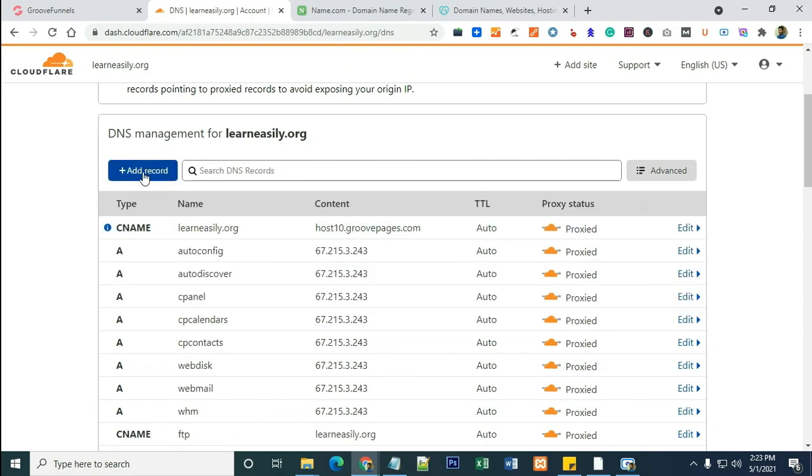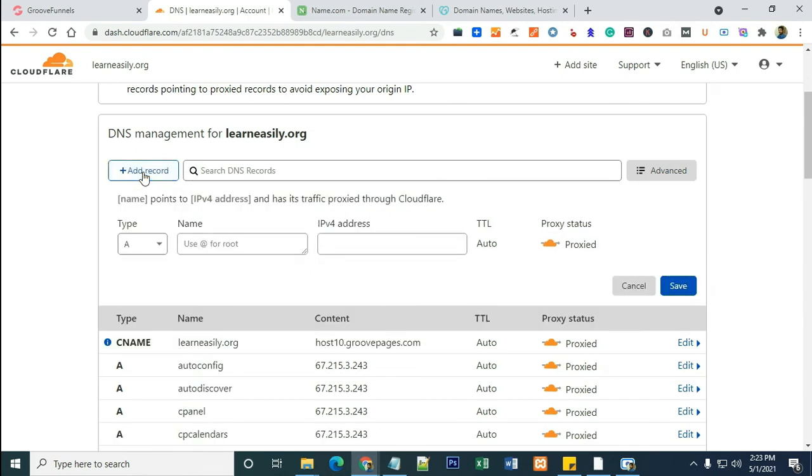Also, you need to add a CNAME record with www. Click on add record. Type should be CNAME, name should be www, target should be host10.grouppages.com.